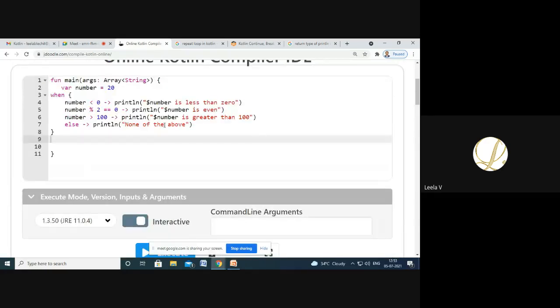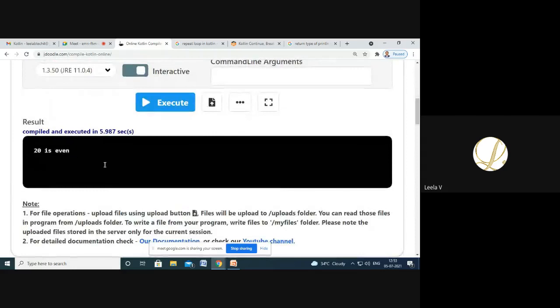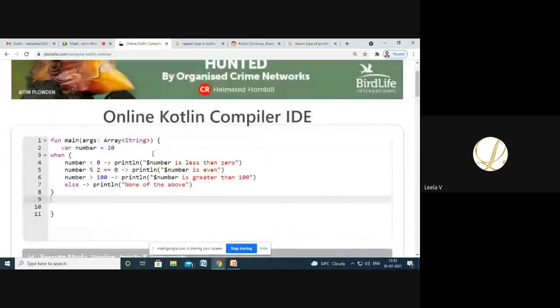So it prints 20 is even. So that condition is true.